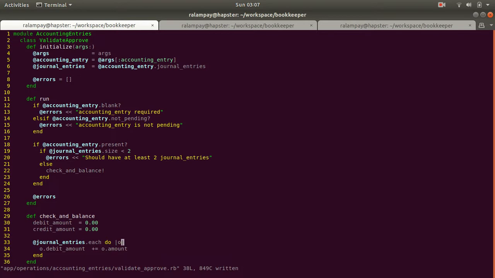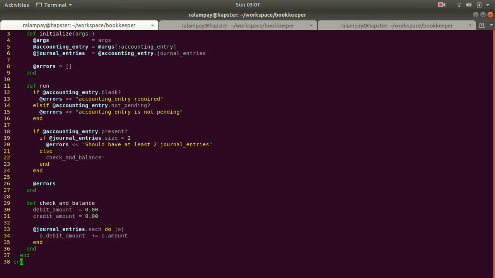Okay, so if o.postType is equal to dr, or rather if this one is debit, then we add to our debit amount, else if o is credit, amount,